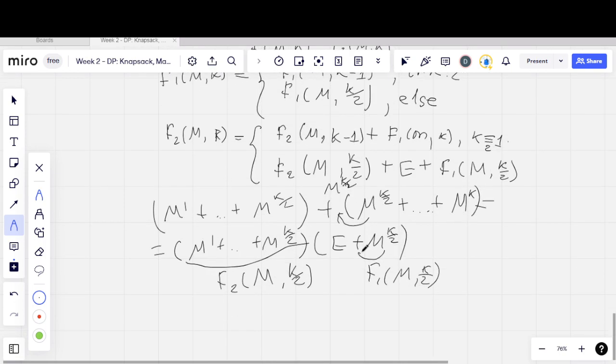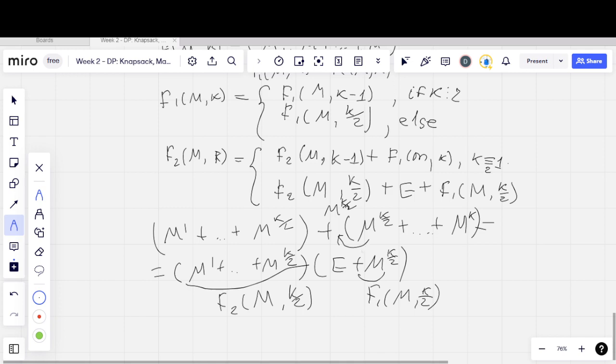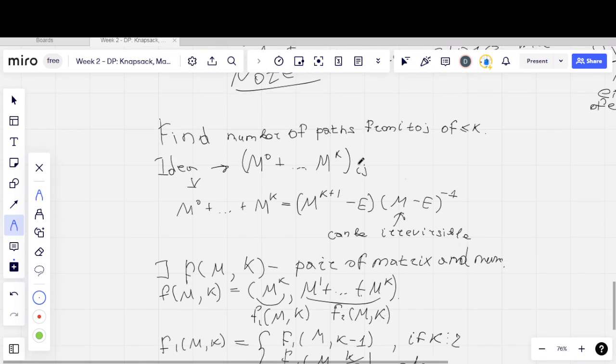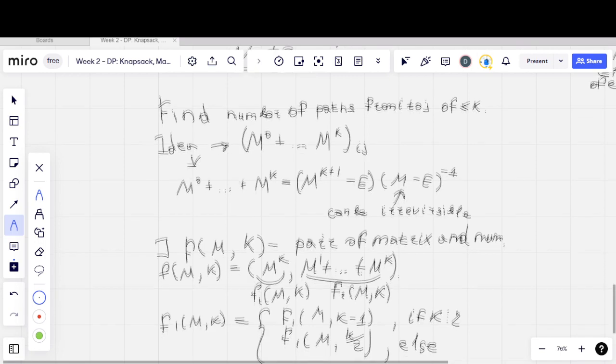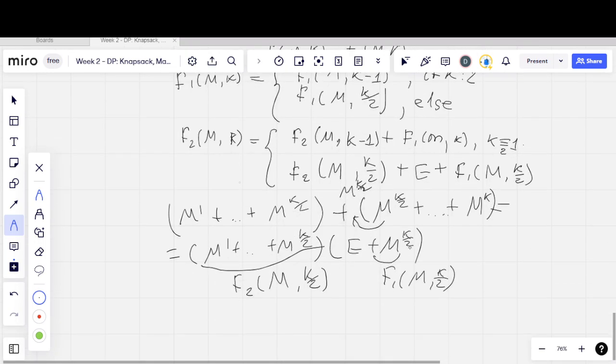Do you have questions? I just want to find these matrices, this sum, and in this place we just write it like this,